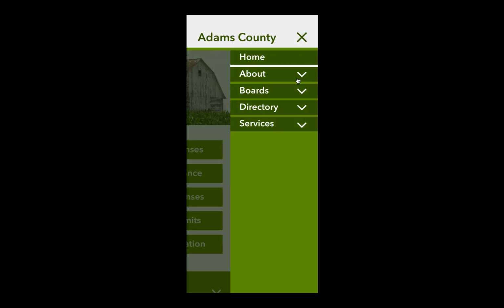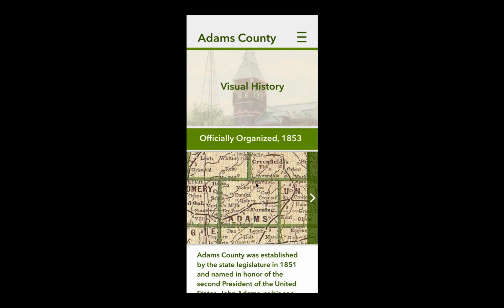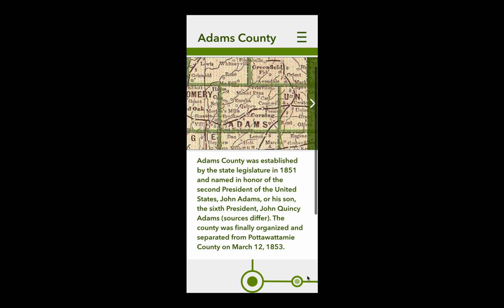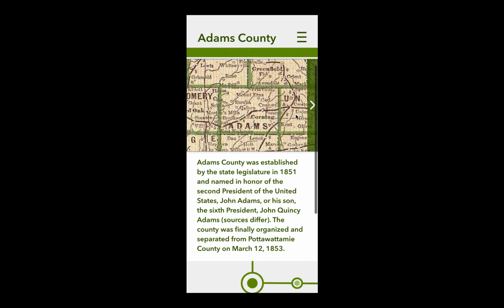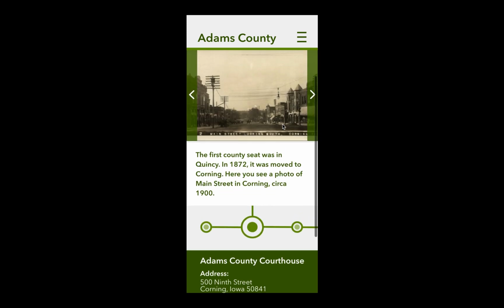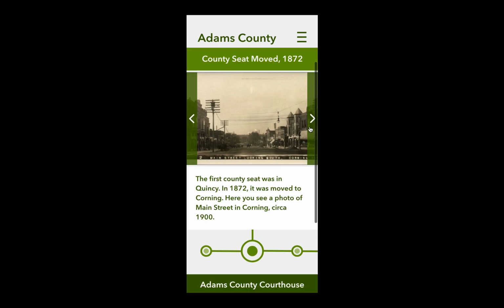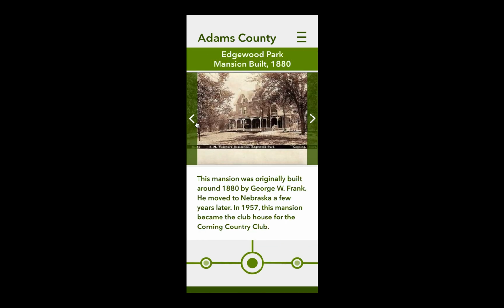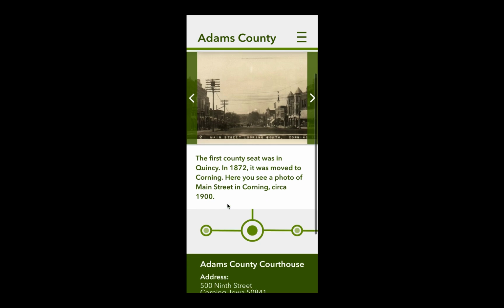And then visual history is a little different in the mobile view, where it's more of a side thing where you can click there to move around, or you can click these dots to move around. So yeah,